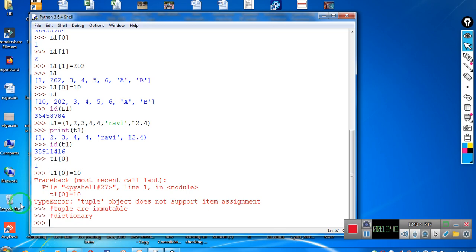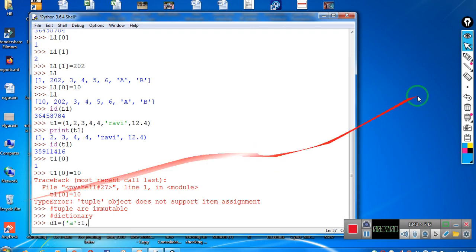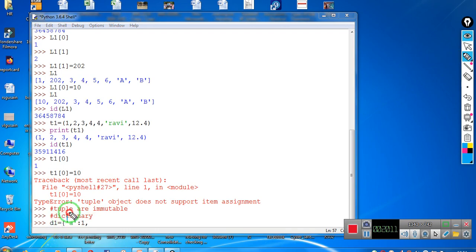So I am creating a dictionary over here. Suppose the name of the dictionary is D1. I will use curly brackets for creating a dictionary. So I've created a key A with value 1. So this is a key value pair. Now A is the key and 1 is the value. If I want to print 1, I have to write D1 and within square brackets, which is known as the slice operator, A. So if I write D1 within the square brackets A, it will print the value of the key A. So here A is the key.